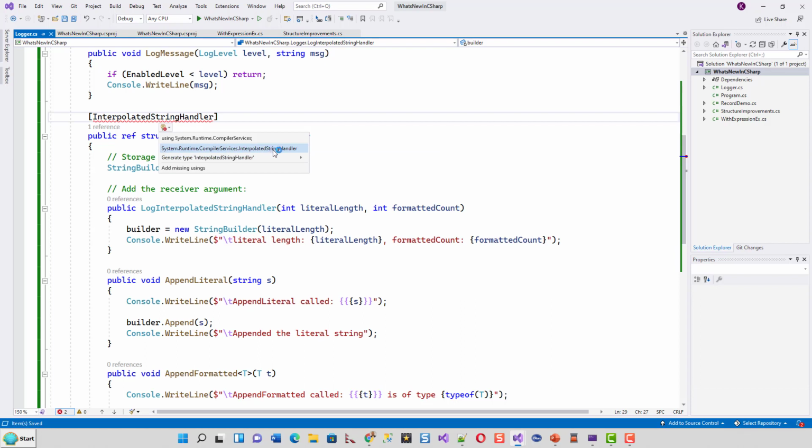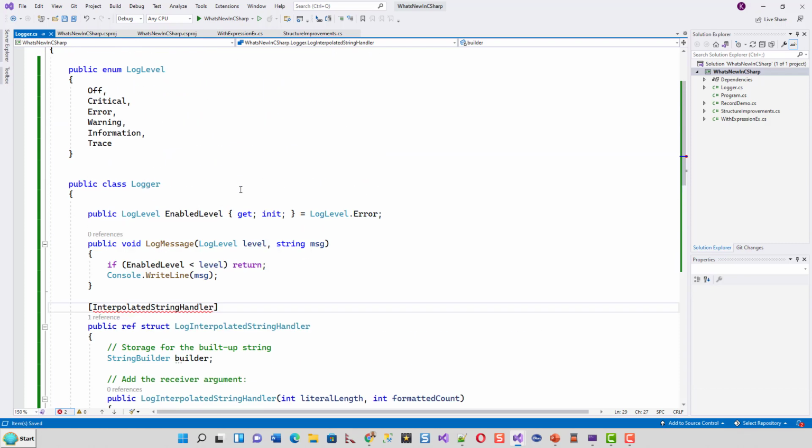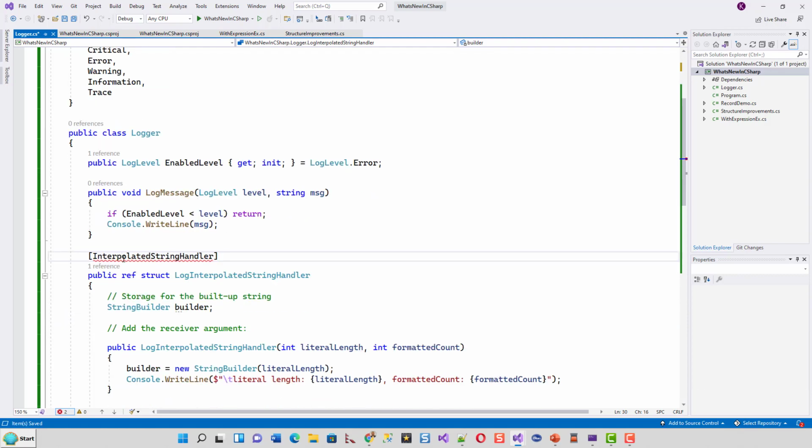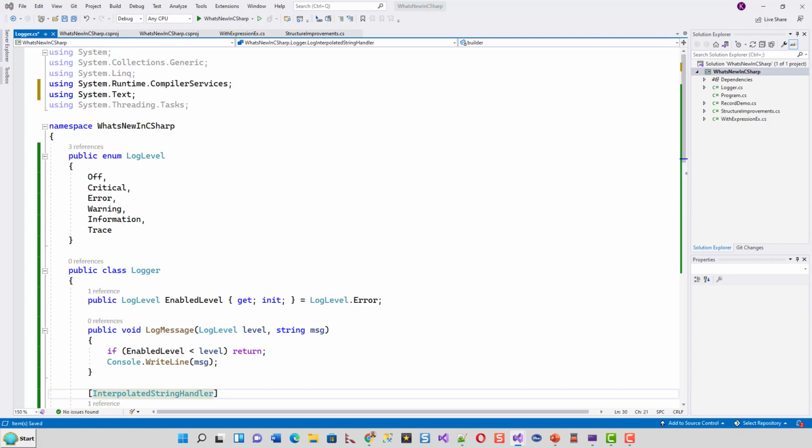Okay, so if I click here, keep the light bulb icon. Where is the light bulb icon gone? So it's now added System.Runtime.CompilerServices.